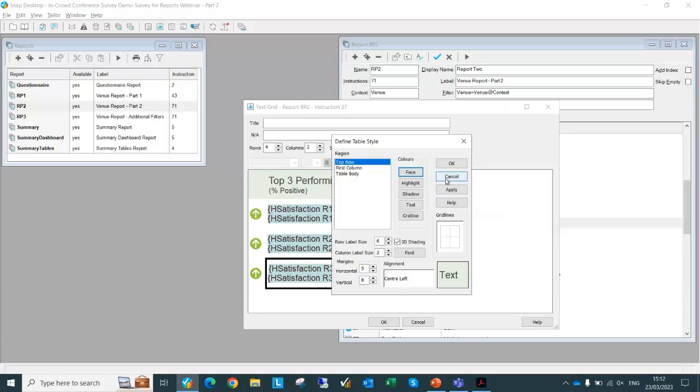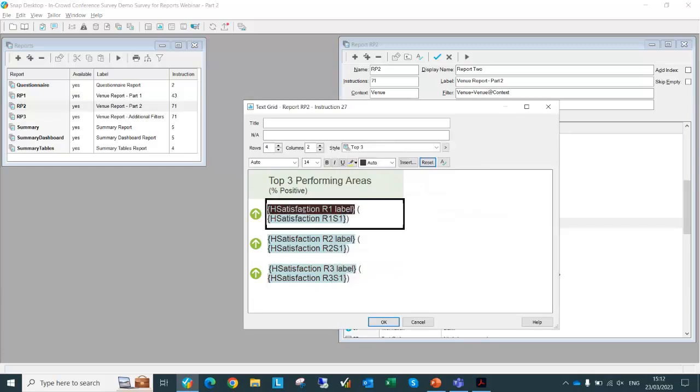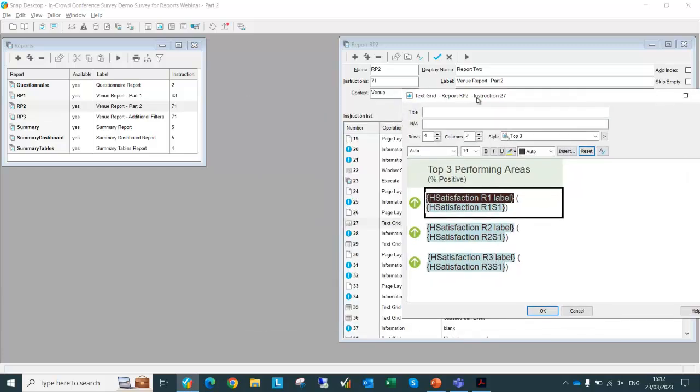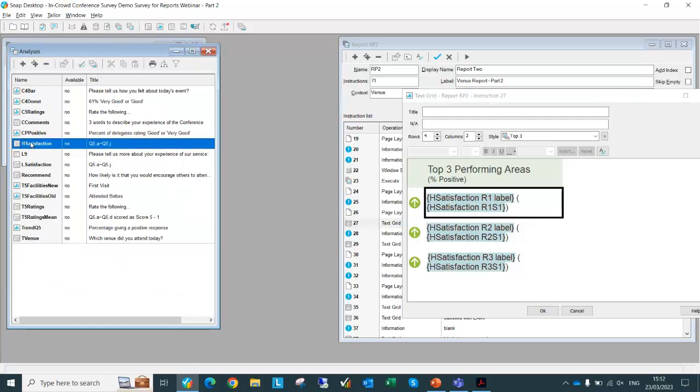But more importantly, we're looking at some cell referencing. So I'm just going to move this one over there. So we've got some dynamic text in there. And this is actually pointing off to a table called H satisfaction, which is a pretty ugly looking table. No one's ever going to see it. But if we go into my saved tables and charts, so H satisfaction,